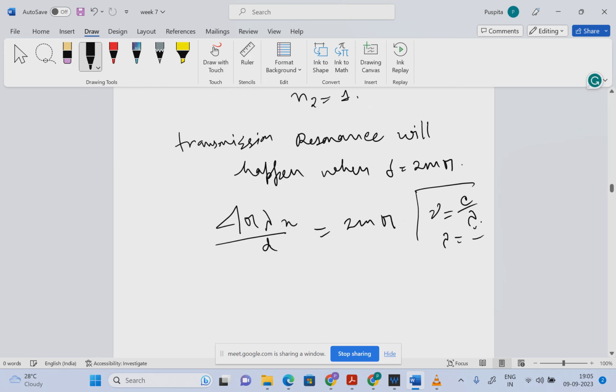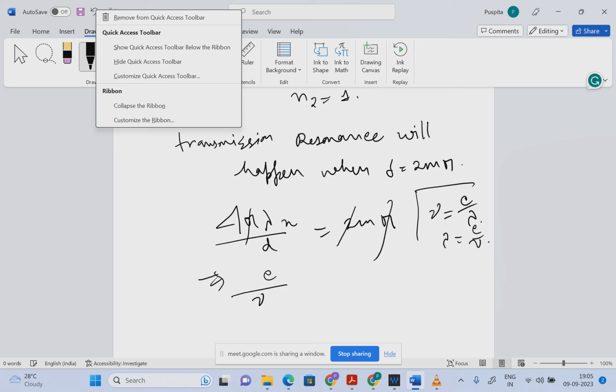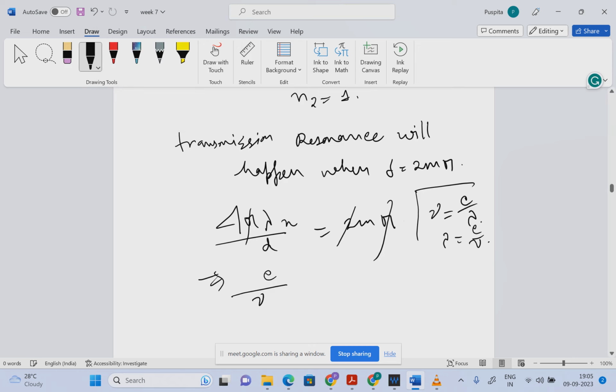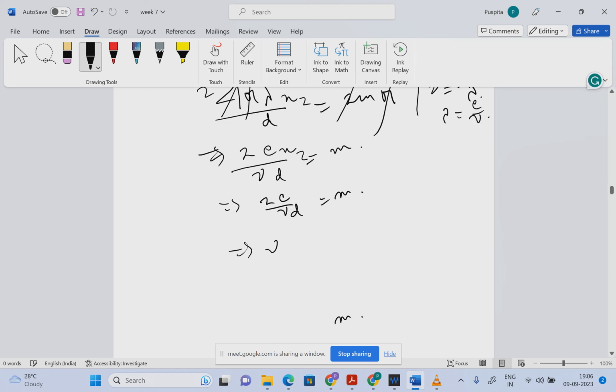So lambda is C by mu, and 2 d by lambda is equal to m. Here m is equal to 1, 2, and so on. So 2 d mu by C equal to m. So mu will be